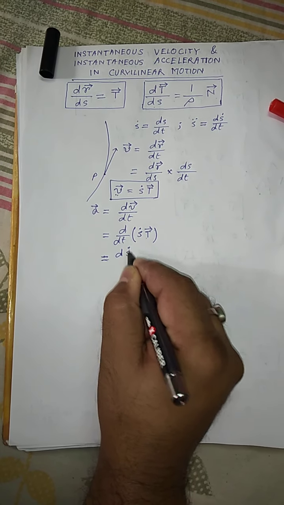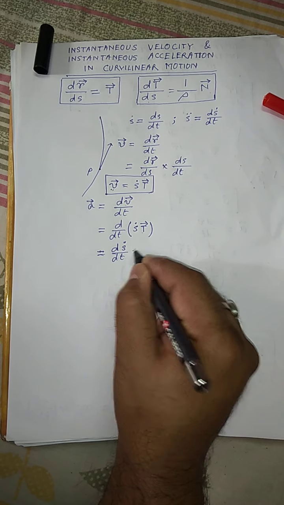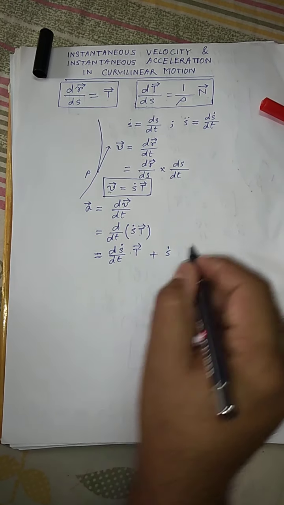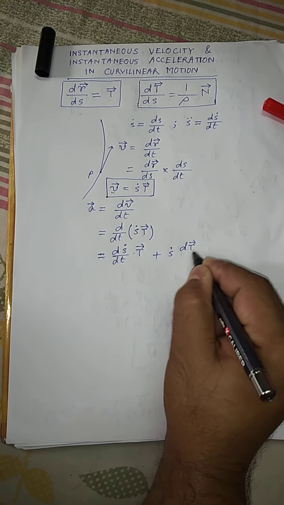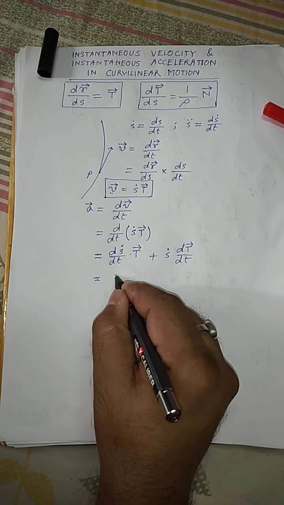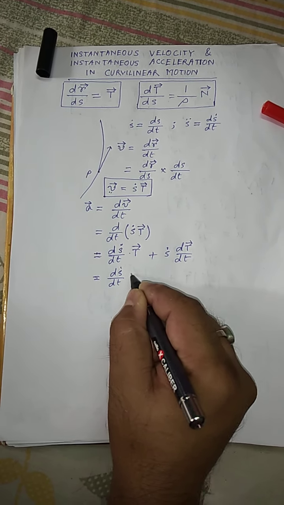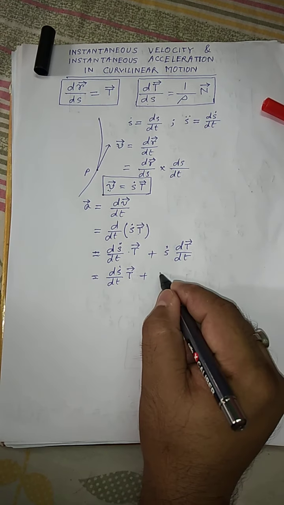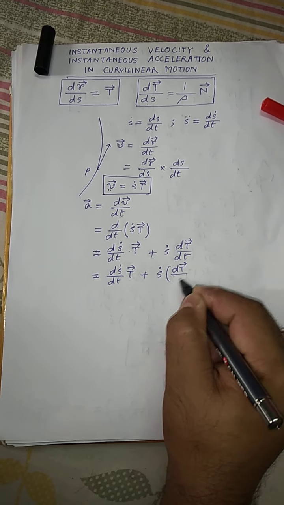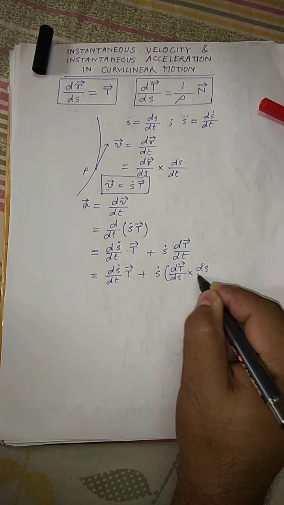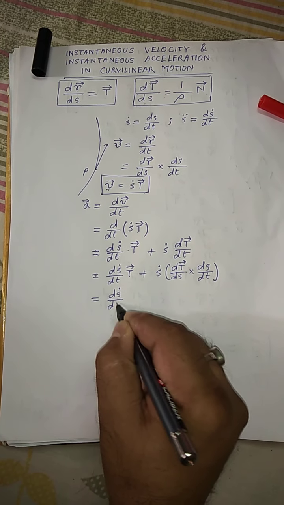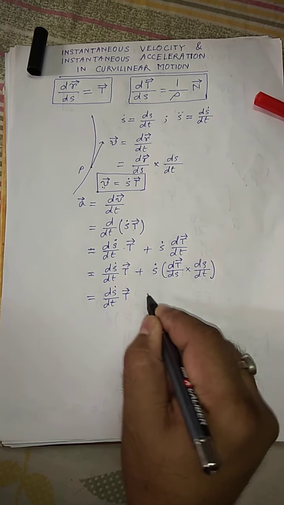d s dot dt unit tangent plus s dot d vector t dt is equal to d s dot dt vector t plus s dot, in place of d vector t dt, we write d vector t ds multiplied by ds dt, is equal to ds dot dt vector t plus